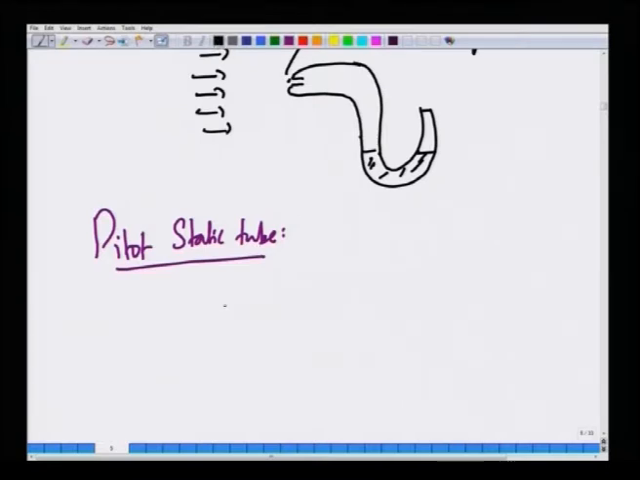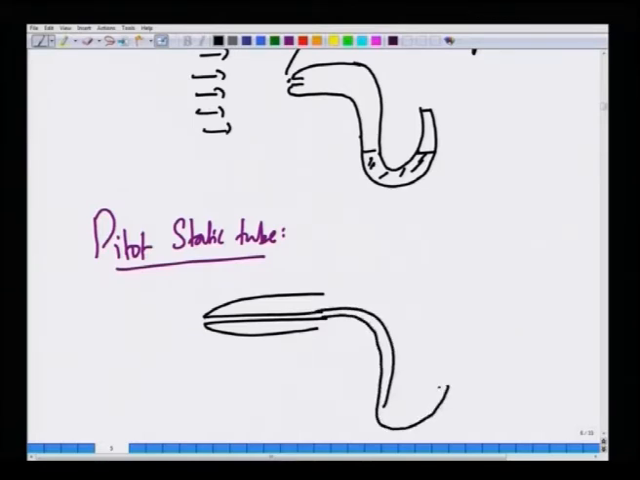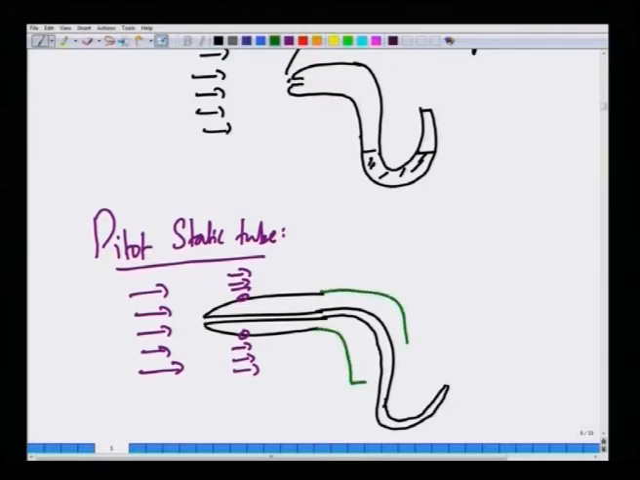So, you have a tiny hole, and there is the inner tube, which is one tap that measures the stagnation pressure, because fluid is coming like this, and then there are holes which measure the static pressure. So, okay, here is this. Let us show it with some other color. So, the inner tube